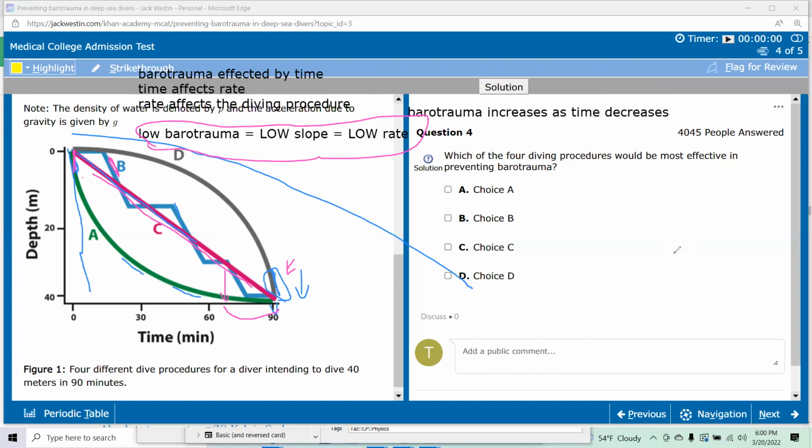Yeah, I have a question. So, with barotrauma, is it all the time being in the water, or just when you're resurfacing? It was not about resurfacing, because they were saying